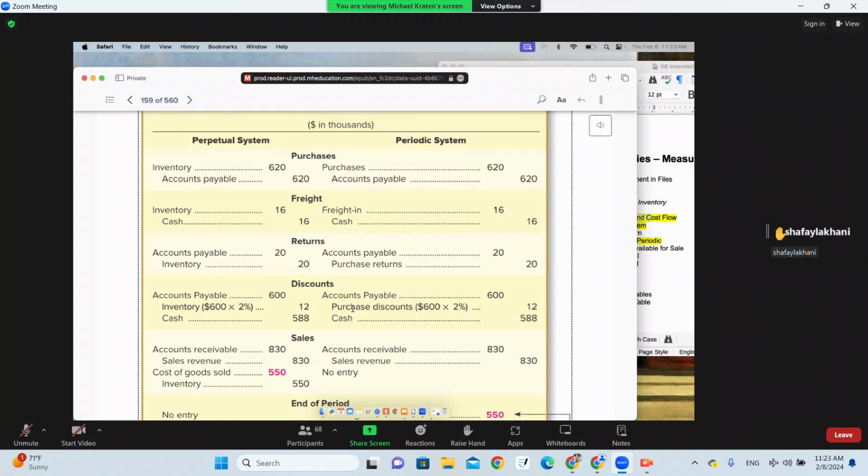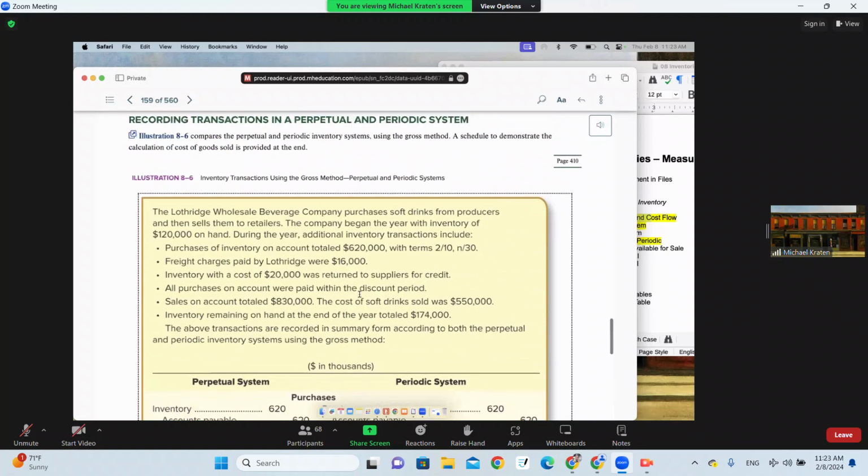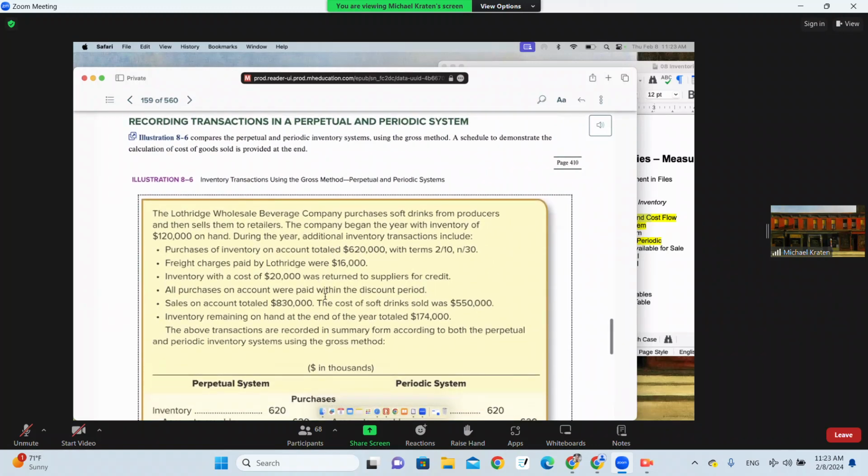Okay, Shafai, go right ahead. If we still do 620 plus 16 minus 20 minus 12, that's still going to be 604, not 550. So what's actually happening here is there are other things happening, other assumptions that you're making, which are buried within the givens. And so what you see here,